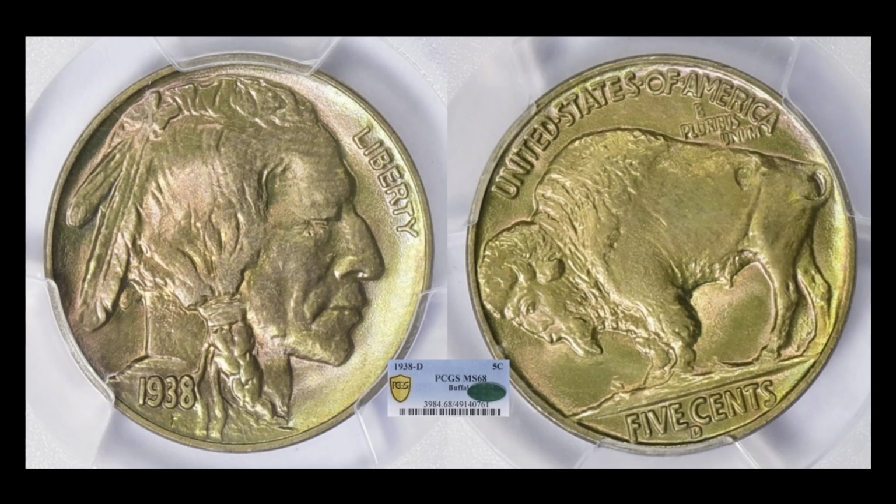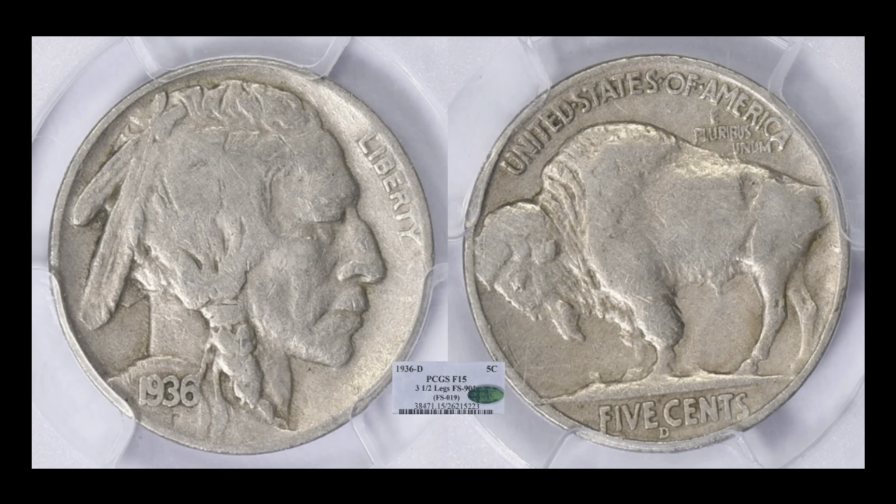$4,897.12 was the sale on this one. Again, very impressive outing for a 38D. And by the way, guys, the 37D three-leg Buffalo is not the only variety king on the planet